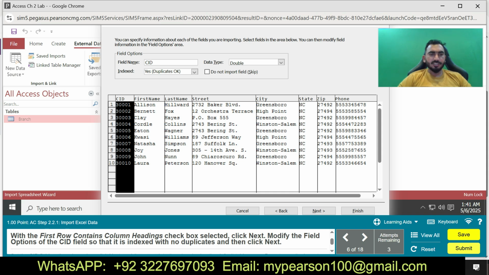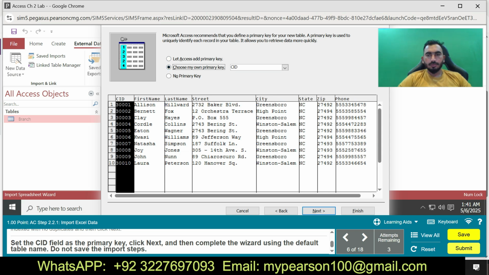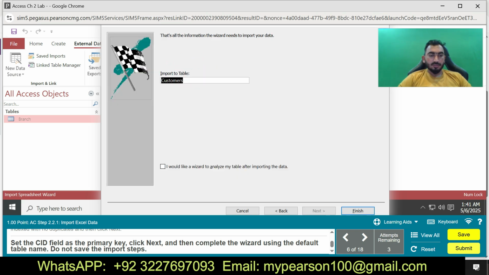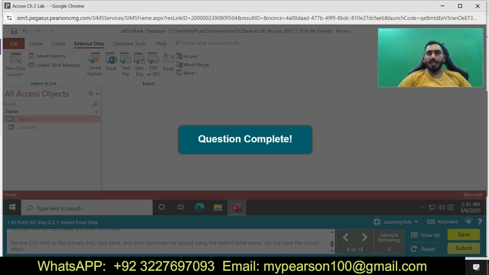Modify the field options of the CID field so that it is indexed. Set the CID field as the primary key. Okay, I have done this one.